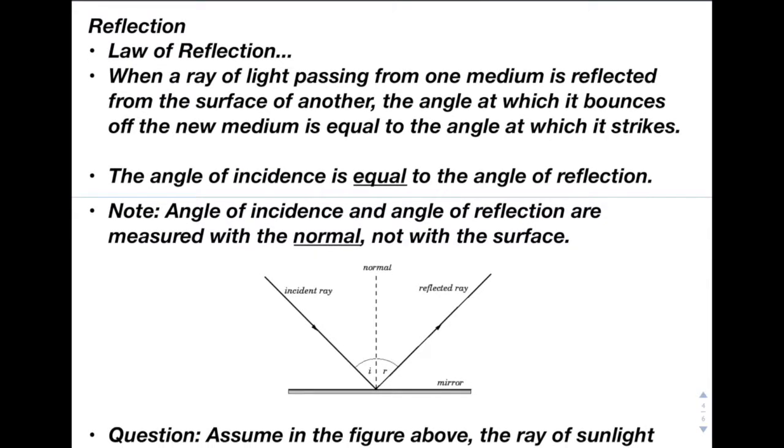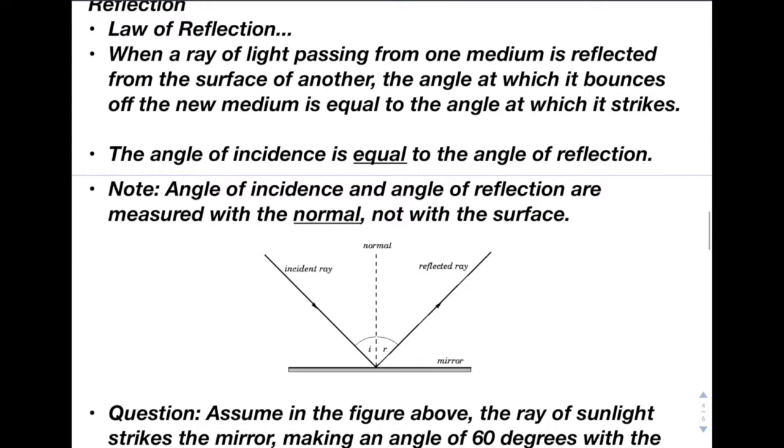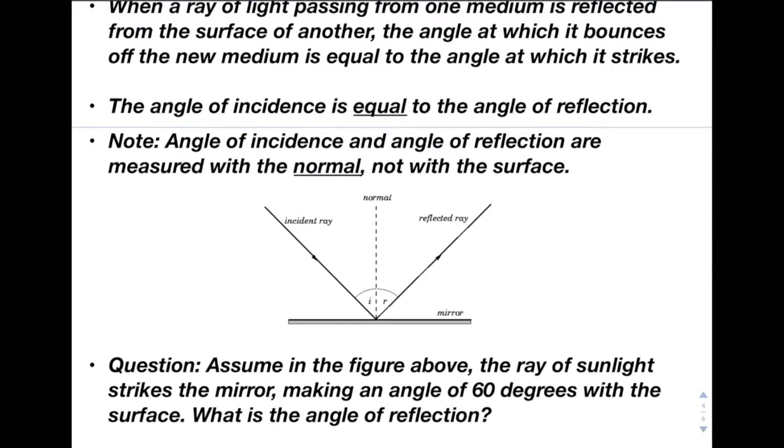If this doesn't make a whole lot of sense just because it's too many words, then you should just know that the angle of incidence is equal to the angle of reflection. By the angle of incidence, we mean the angle between the ray of light and the normal to the surface. So this is very important because you might get a question like below that asks you,